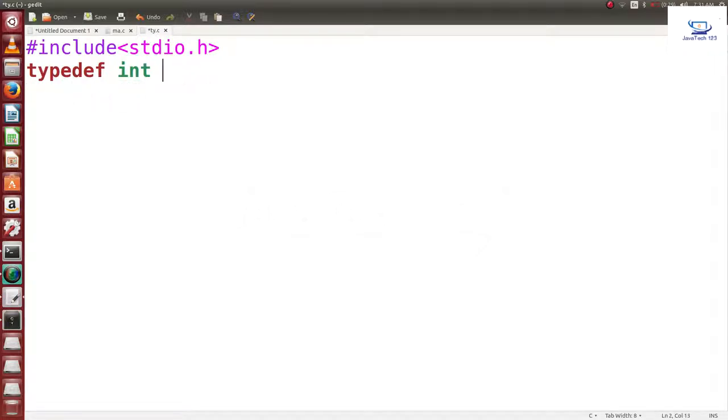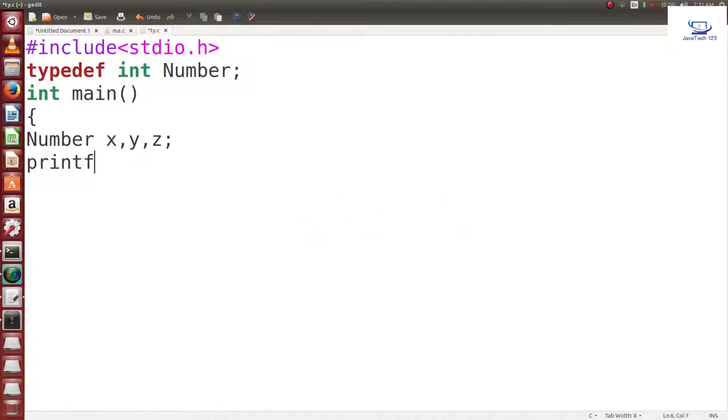typedef int number. Okay, then in main, anybody can understand: number x, y, z. That means it is going to tell you x is a number type, and you have to enter the number for x. Here write printf enter 2 number,